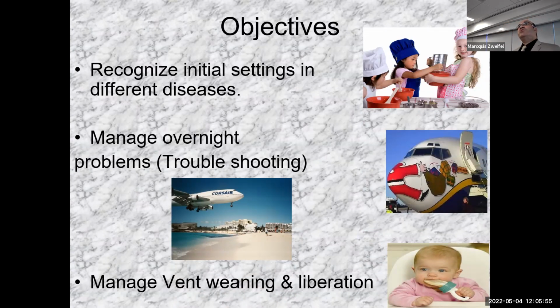Then how to manage overnight problems, and we'll concentrate on 4 problems: mainly hypoxemia, hypercarbia, hypotension from the vent setting itself causing hypotension, and high pressures on the ventilator. These are the 4 problems that we'll talk about. Then in the last portion we'll talk about how to titrate the vent settings down, and this is what we call weaning, then trying to take the patient off the ventilator. This is also called ventilator liberation. So